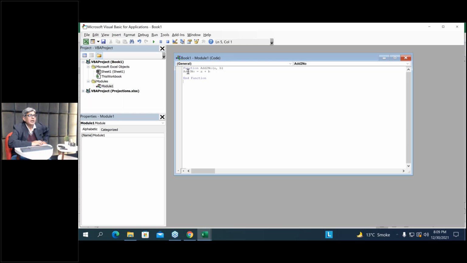Now, a few things you need to look at. Function. Whenever you write a user-defined function, your code should start from the reserved word function. So this is a function. After this reserved word function, it means that we are writing a function. Then we have add two numbers. This is the name of the